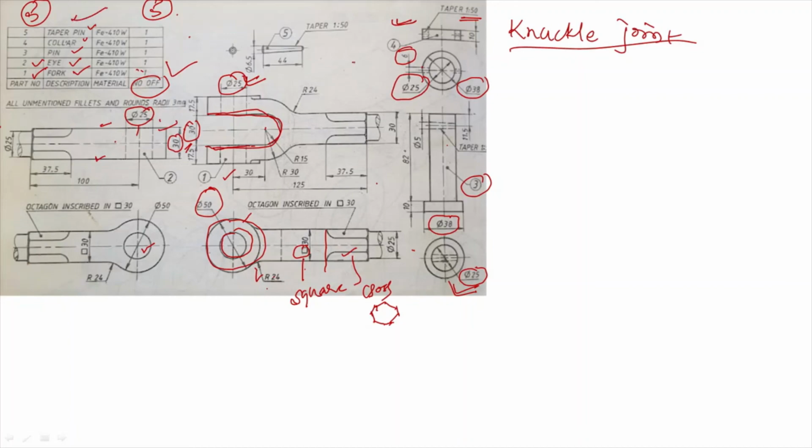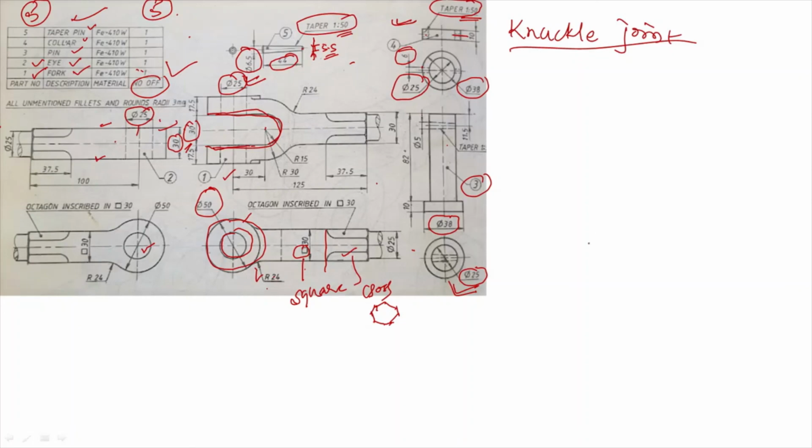It is a taper pin. The length is 44 mm. Just look at the dimensions here. It is 6.5 mm, and here it is a 6 mm diameter. As it is a taper of 1 is to 50 for 44 mm, if the bigger end is 6.5 mm, the smaller end is approximately 5.5 mm. That means you can easily insert this pin inside this hole. One more cross check you can observe here: the taper here is 1 is to 50, and here also it is 1 is to 50.